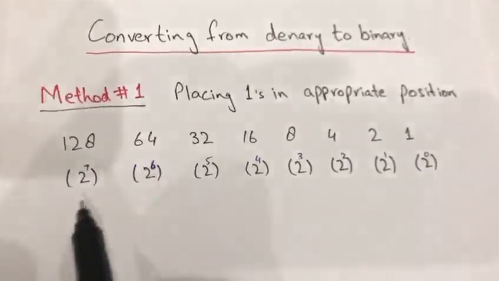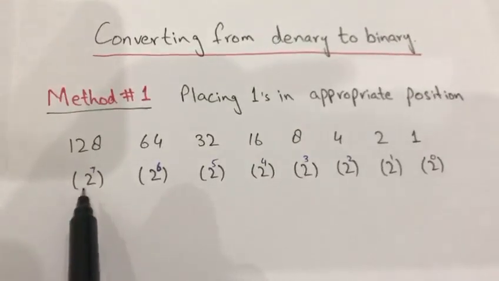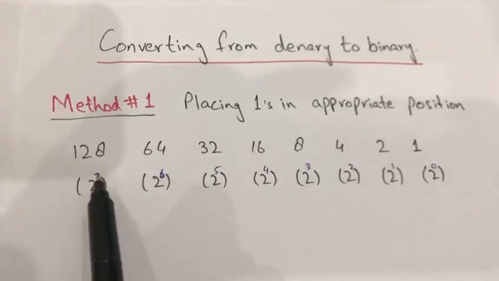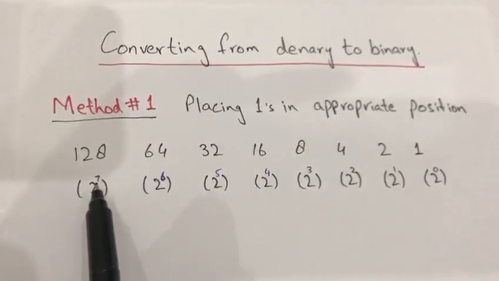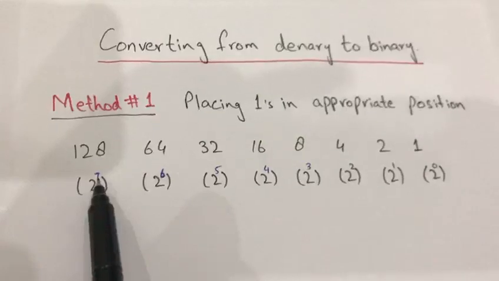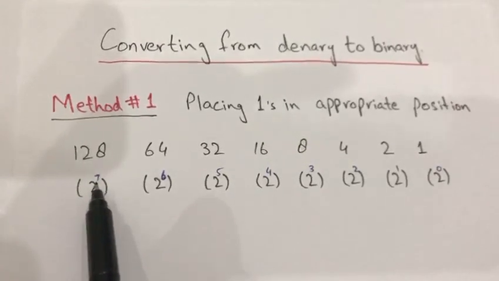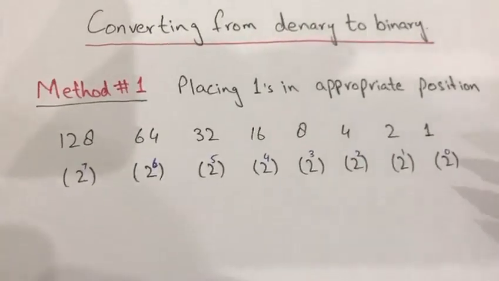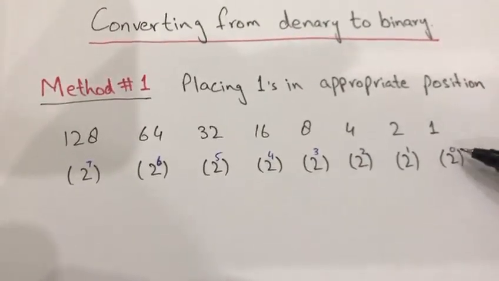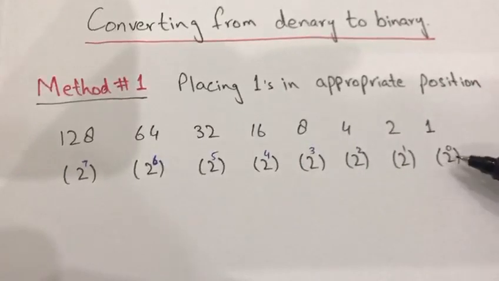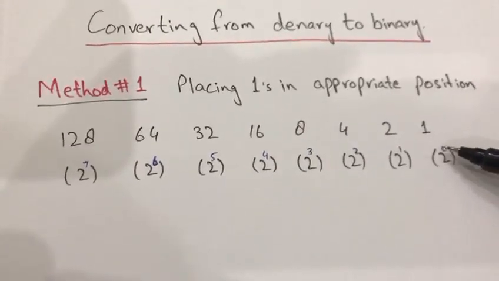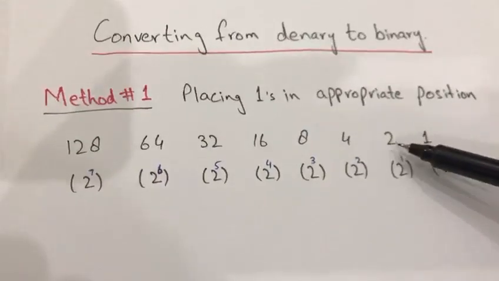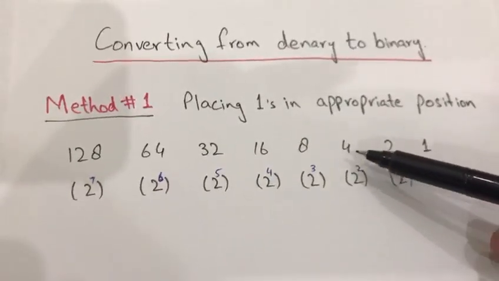As you are seeing, these are binary numbers, which have the base 2, and the small digits written in blue ink represent the index number. Starting from the right, 2 raised to the power 0 equals 1, 2 raised to the power 1 equals 2, 2 raised to the power 2 equals 4, and so on.